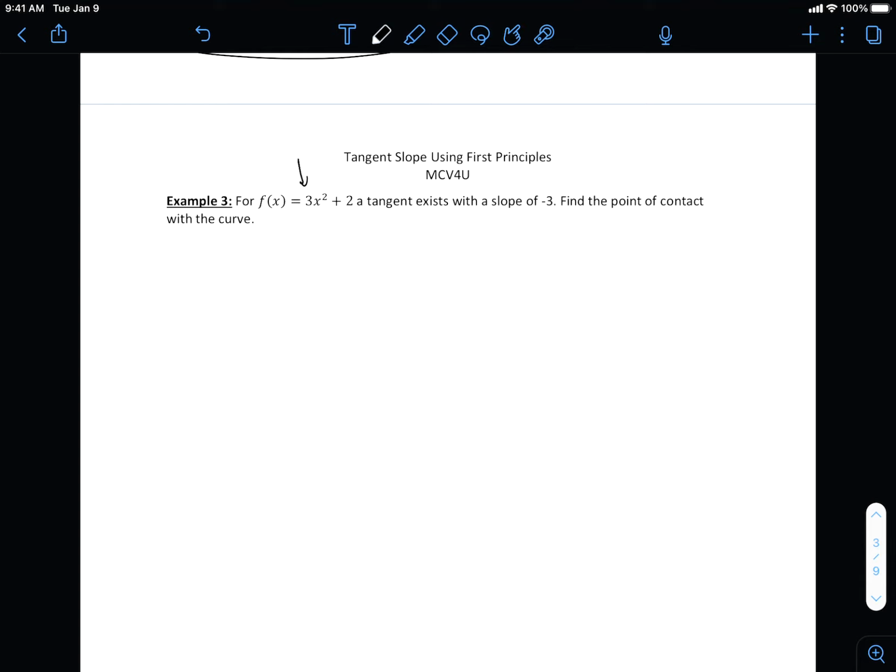Okay, so we have this function, f of x is equal to 3x squared plus 2. If we're talking about a tangent, I would say find the derivative, or use first principles, and solve for what the derivative is. So we know the derivative f prime of x is going to be equal to, and you guys are going to become,